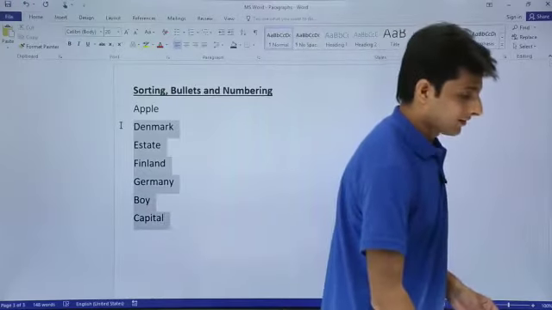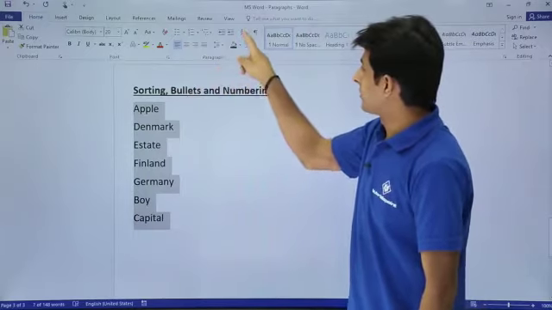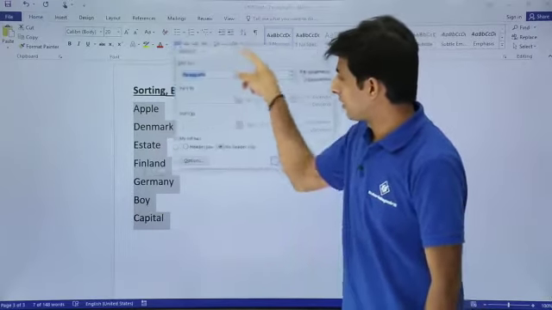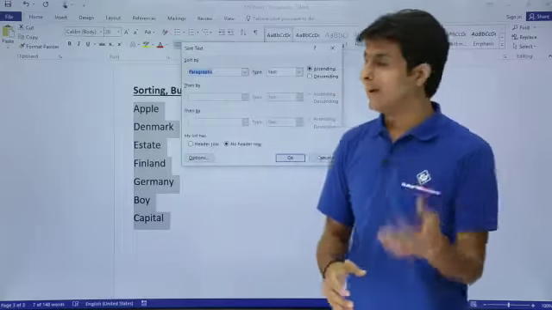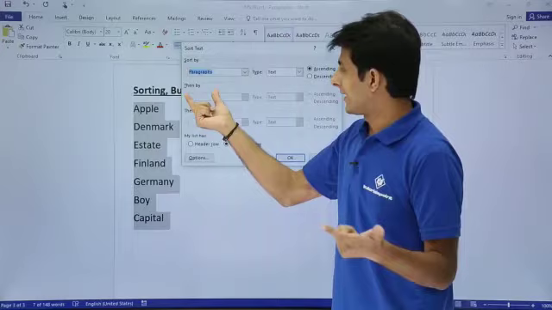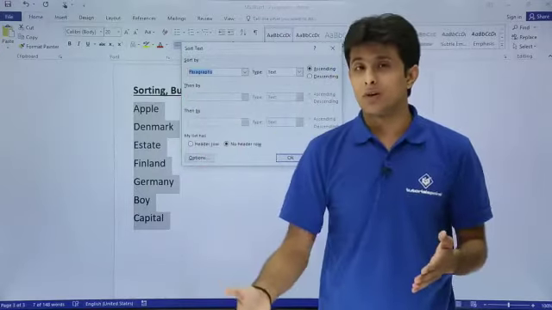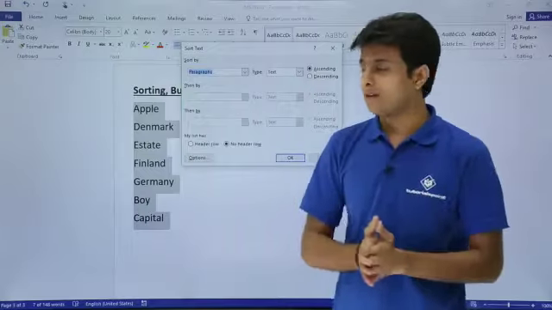So, I will select the text here. And you observe in the paragraph group, there is an option for sorting, and it gives me a dialog box. It says you can do multi-level sorting. Multi-level sorting means first sort this one, second do this, third do this, and you can click on OK. So that is multi-column sorting, or multi-paragraph sorting you can say.